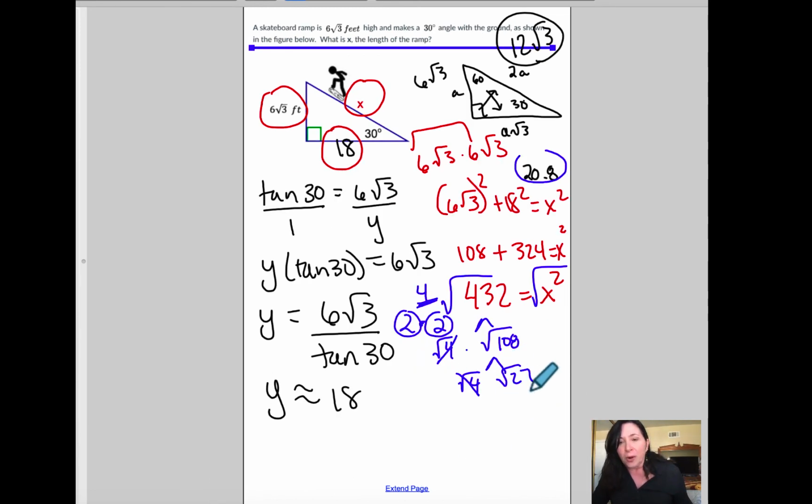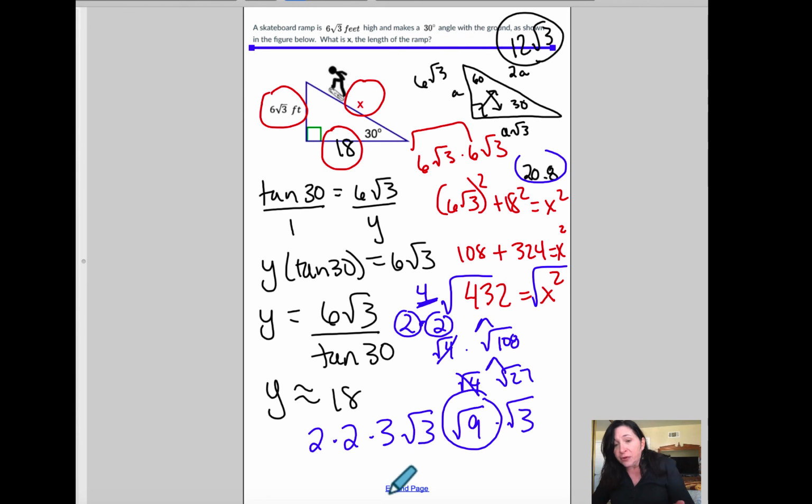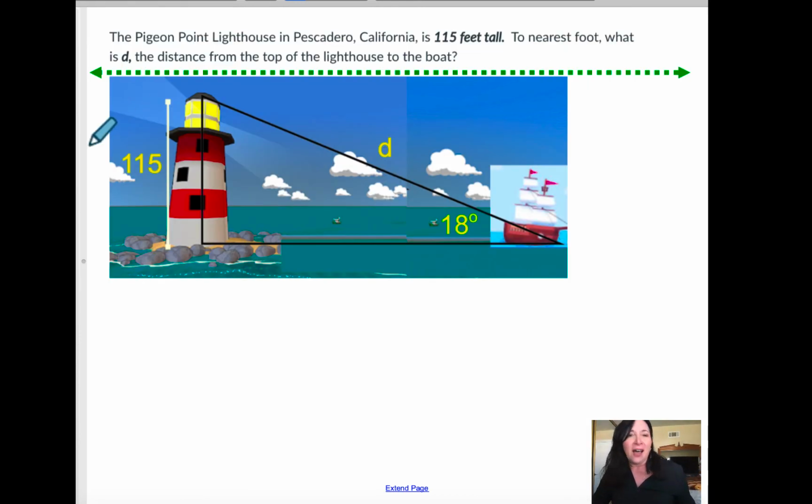And then root 27 is the square root of 9 times the square root of 3. The square root of 9 is 3. So what I have so far is 2 times 2 times 3 root 3, which is 4 times 3 is 12, so I get 12 root 3. So obviously, it's way easier to recognize that this is a special right triangle, but it is not impossible to get this answer. Last one, or second to last one, I guess: